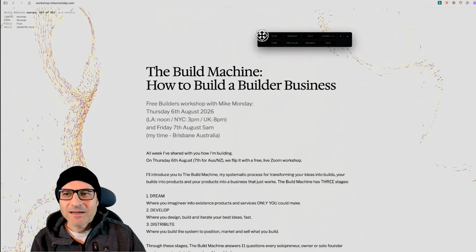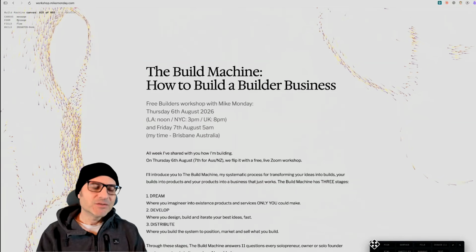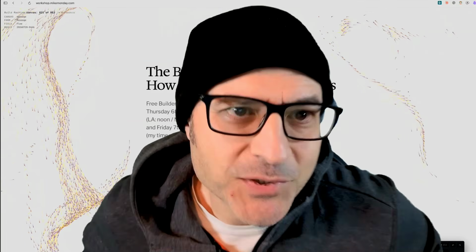So I've taken an idea from making music, from how synthesizers work, you know, modular synthesis, and I'm applying it to web design or whatever you call this. And I'm doing it for a purpose because I want it to feel like flow. I want this page to feel like what will happen when you start using the build machine, which is my